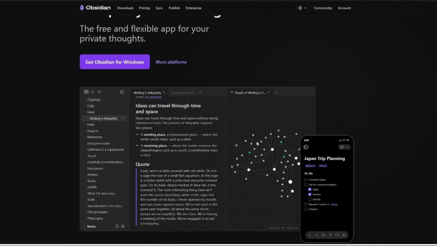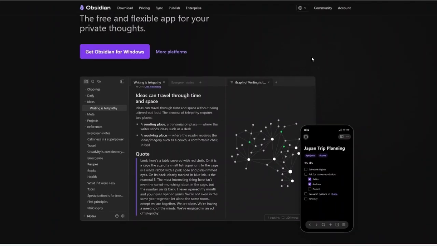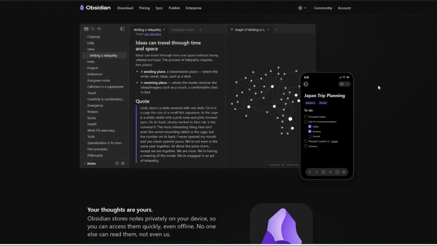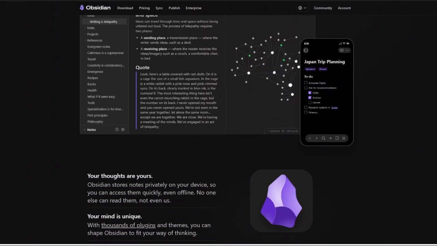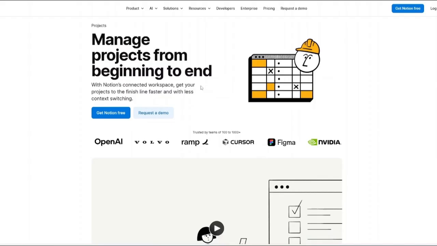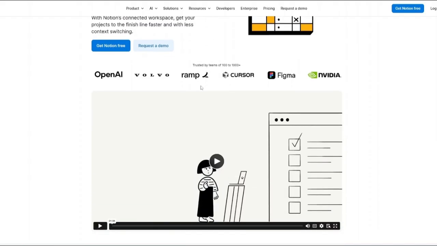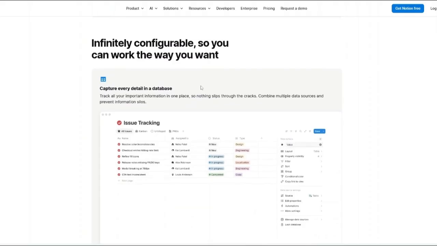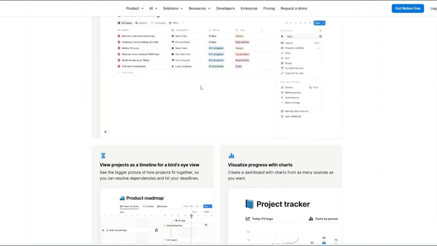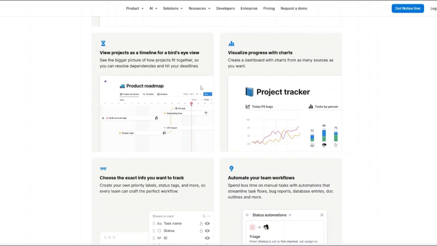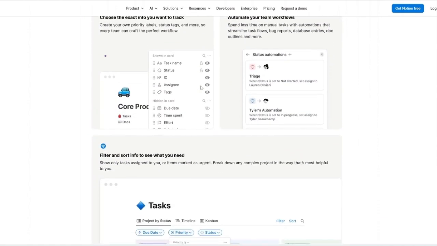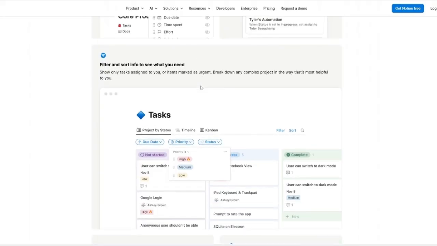And advanced knowledge management is a feature that helps researchers and power users love Obsidian because it excels at building long-term knowledge systems. Now let us hop on to discuss Notion. Flexible pages. Users can create pages for virtually anything, including notes, documents, project plans, wikis, and dashboards. Powerful databases. Databases are one of Notion's biggest advantages. Users can create tables, boards, calendars, timelines, and galleries that organize information dynamically.